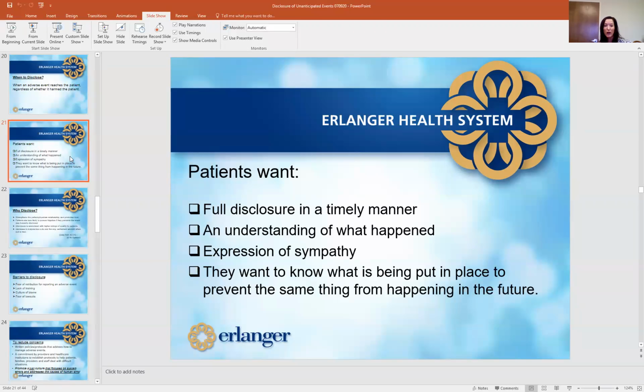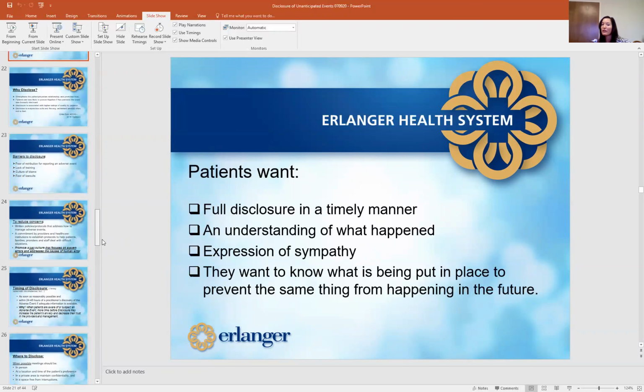So what do patients want? Studies have shown, and there's been a lot of research in this area. You guys may have heard, I'm sure you probably have heard about this to some degree. Institute of Medicine tracks medical errors. As you can imagine, there are a whole lot, and there's been a lot of research around, well, when there's a medical error, what do patients want to see? They want full disclosure, and they want it soon. So when something bad happens, they want to know about it. They want to understand what actually happened. They want an expression of sympathy. We know that. And that can take different forms. We'll come back to that. And they want to know, what are you doing to prevent this from happening to someone else in the future?